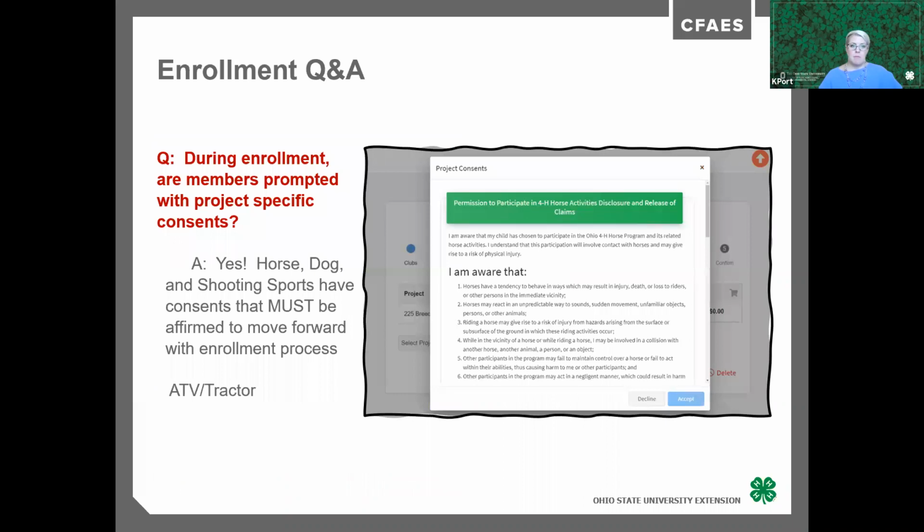During enrollment, are members prompted with project-specific consents? Yes. So before, we would have the county offices collect these consents on their own. Now we are requiring the members to complete those project consents as soon as they try to choose one of those